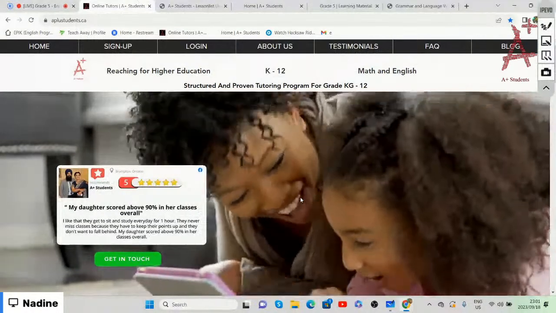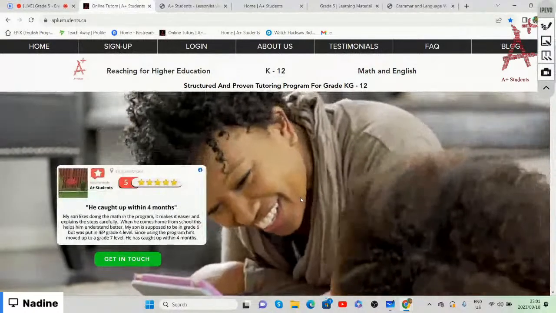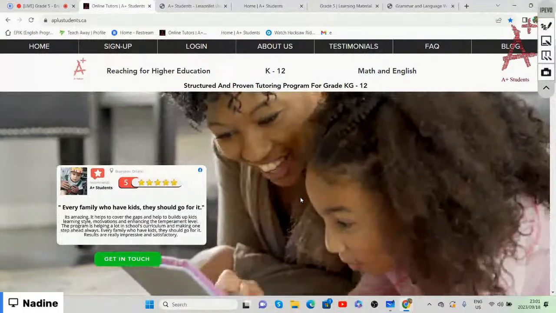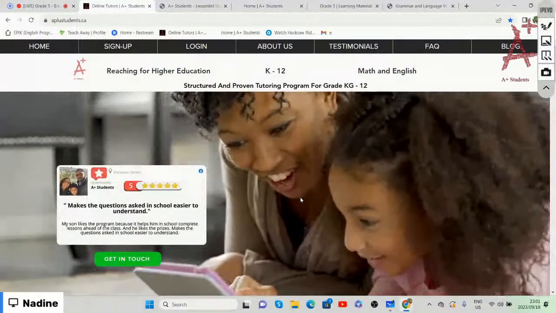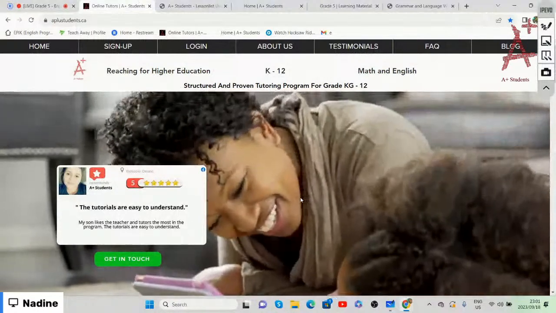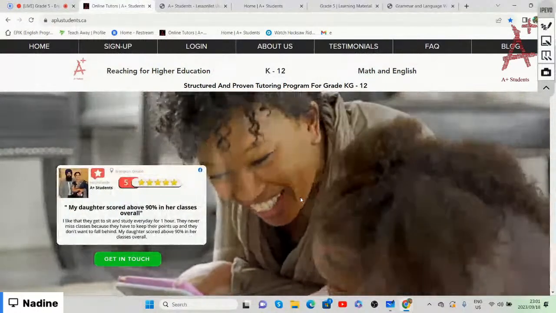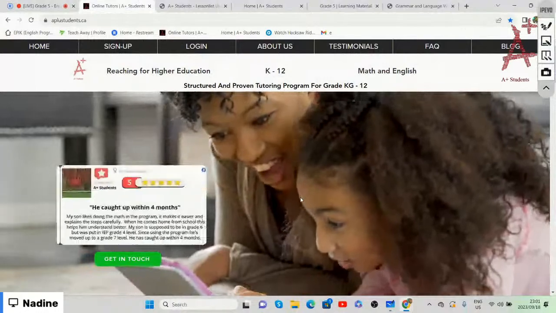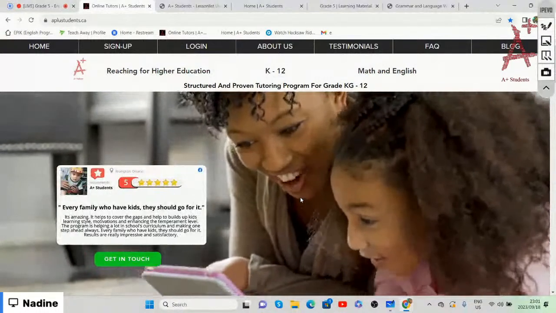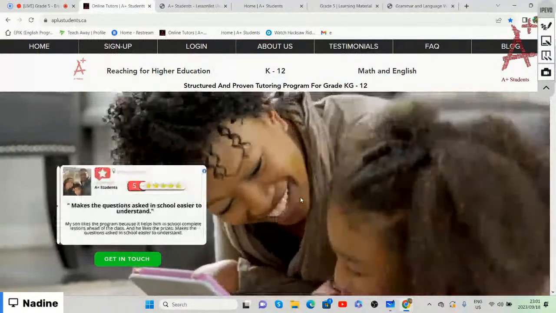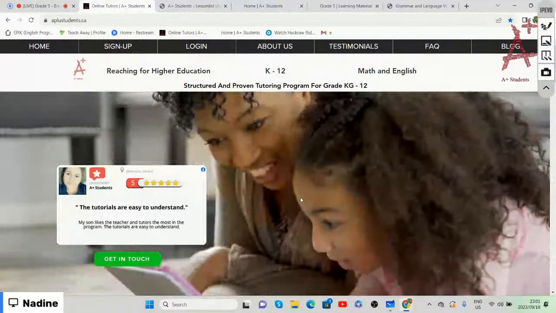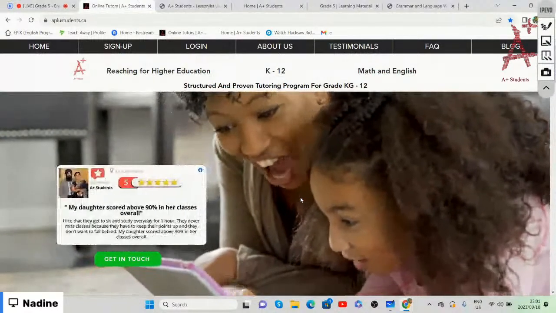We will be doing our grade 5 English lesson on simple, compound, and complex sentences. In our previous lesson, we also did simple, compound, and complex sentences, and we specifically focused on is the sentence